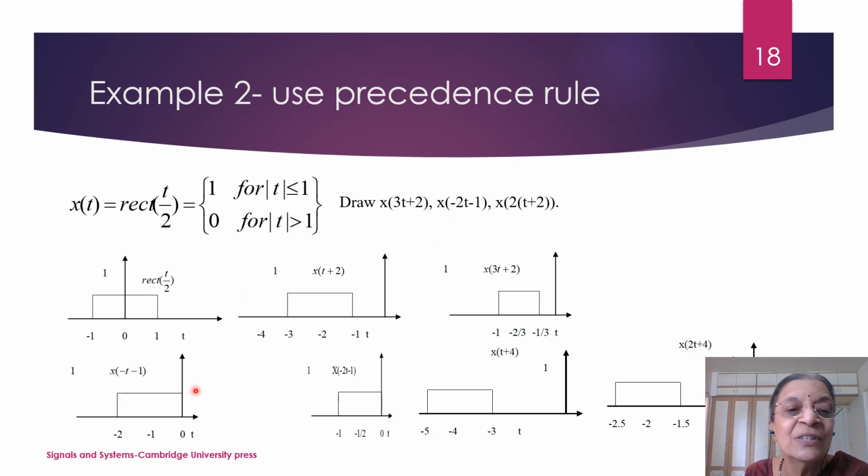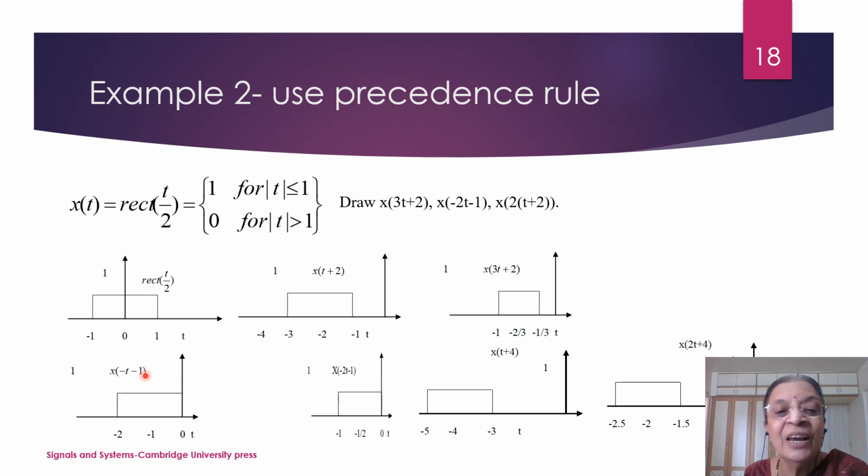minus t minus 1. Minus 1 means it is to be shifted towards right in case when this t is positive, but this is minus t. So minus t minus 1, so it is shifting left by 1. So when it is shifting left by 1, this minus 1 will tally with minus 2 and minus 1 will tally with 0. That is, the entire signal is shifted towards left by 1 sample, minus t